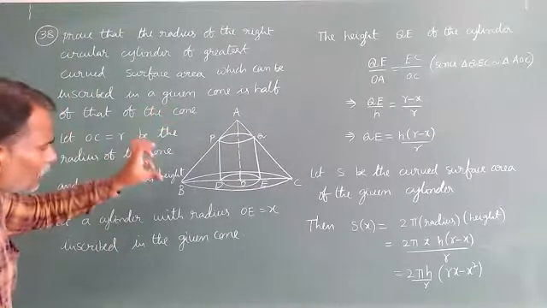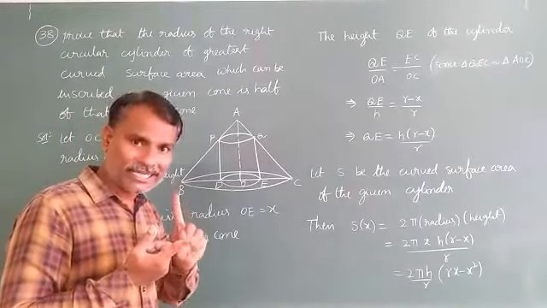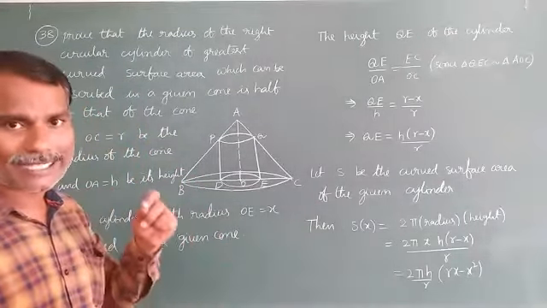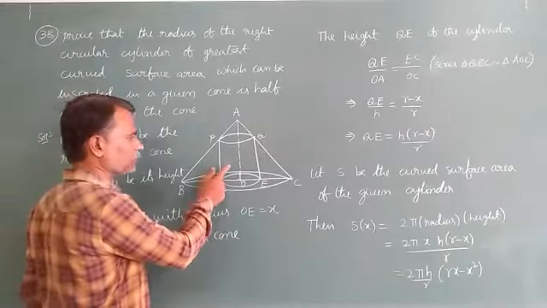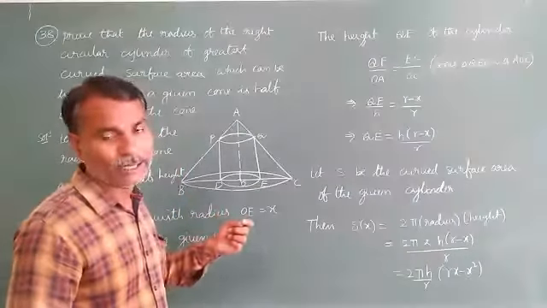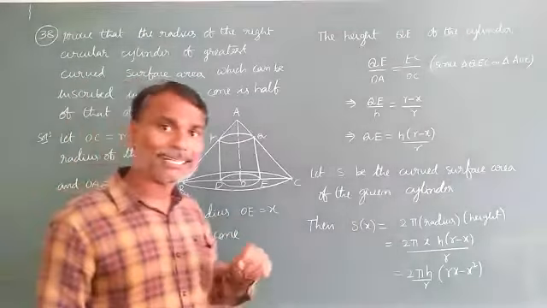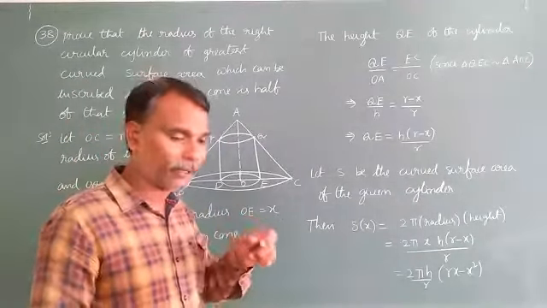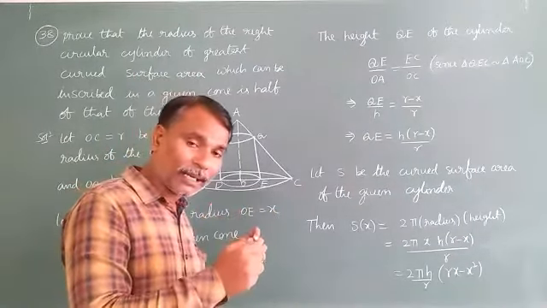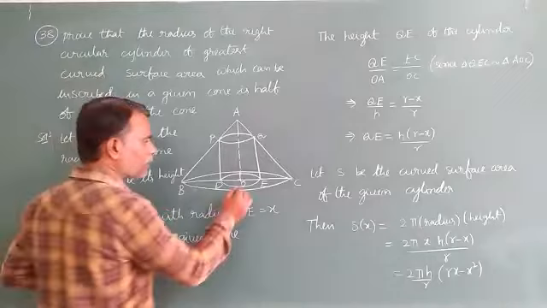Okay, that means he gave two objects here. One is the cone and the second one is the cylinder. The cylinder is inscribed in a cone, like this. Okay, Nana. Here, the base of the cone shape is a circle and the base of the cylindrical shape is also a circle. Circle means it has a radius. That's why two bases are there. Both are circles, the base of the cone and the base of the cylinder. Two radii will come here. That's why observe it, guys.